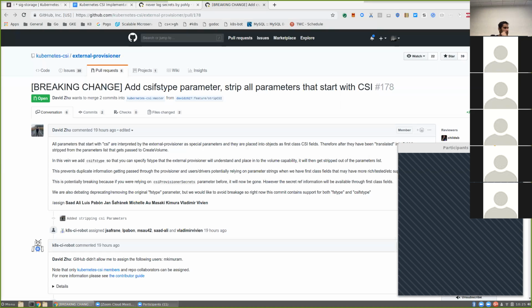No, I mean, let me restate what I'm saying. This change still supported the old FS type. This one would have broken the secrets in that if you are relying on, for example, CSI provisioner secrets in your parameters on create volume, those would no longer be there. But if I understand correctly, the thing that we may want to do now is to continue passing those through, create an entire new set of csi.kubernetes.io/parameters, which almost duplicate the old ones.